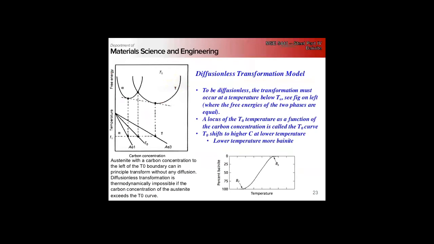On the other hand, we have the diffusionless transformation model. And for this, we have to look at our phase diagram and our free energy curves, right? And so for the transformation to occur,